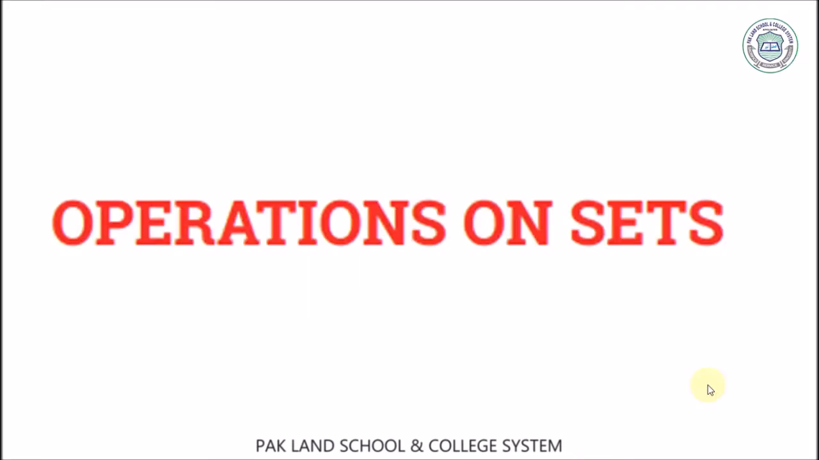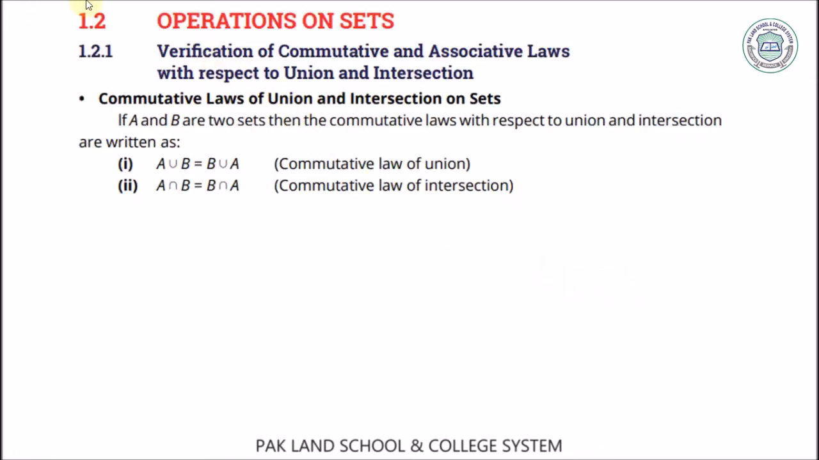Bismillahirrahmanirrahim. Today our topic is operations on sets. In operations on sets, verification of commutative and associative laws with respect to union and intersection. Commutative laws of union and intersection on sets. First we start: if A and B are two sets, then the commutative laws with respect to union and intersection